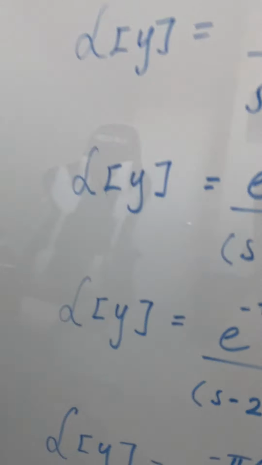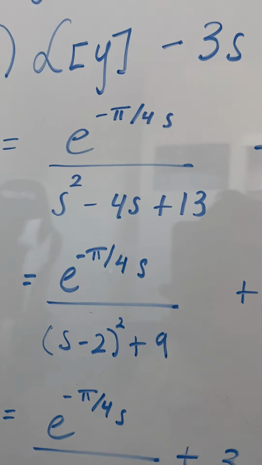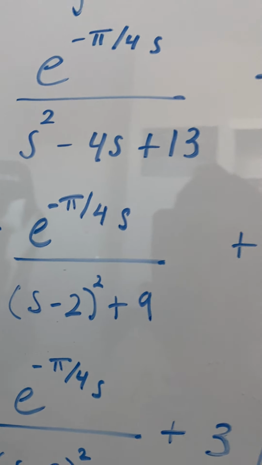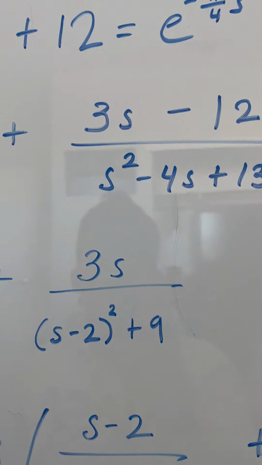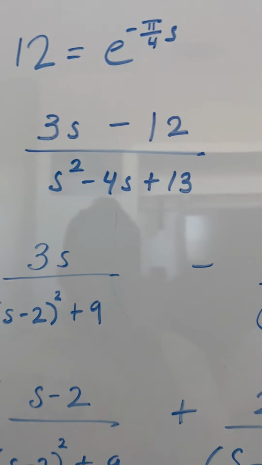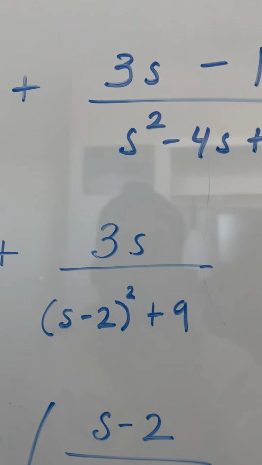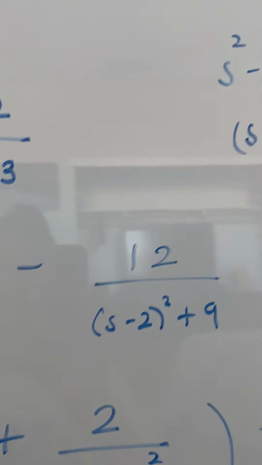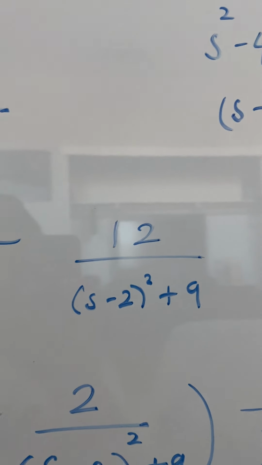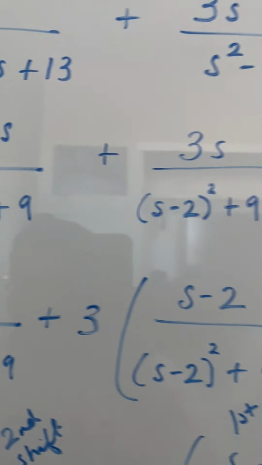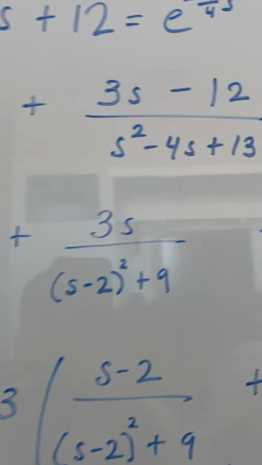And then rewriting it, you get Laplace of y is equal to e to the negative pi over 4 s over s minus 2 squared plus 9, plus 3s minus 12, which I split into 2. So I get plus 3s over s minus 2 squared plus 9 minus 12 over s minus 2 squared plus 9. And then this one, this middle term,